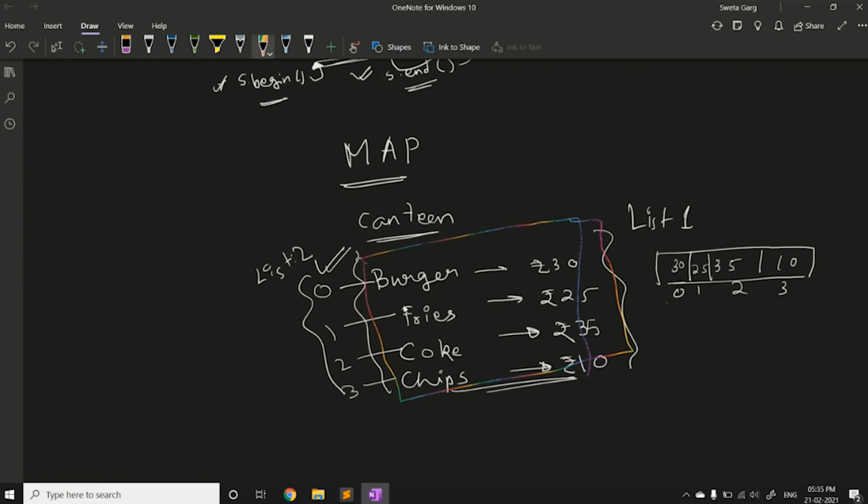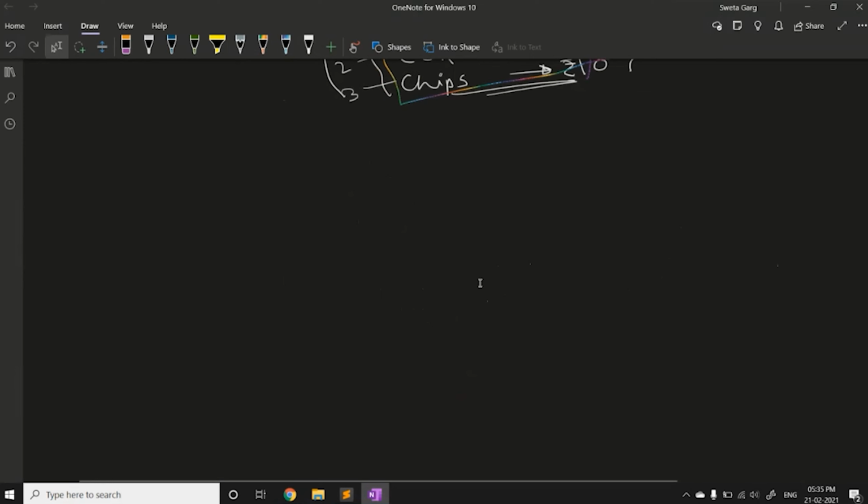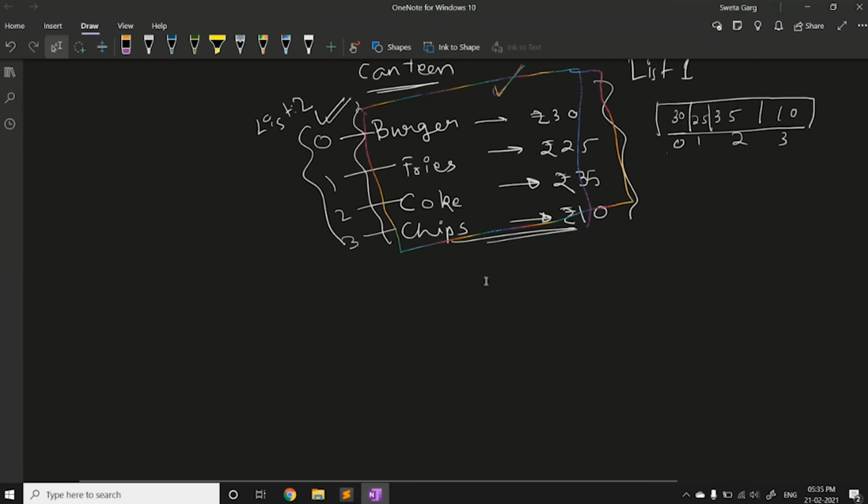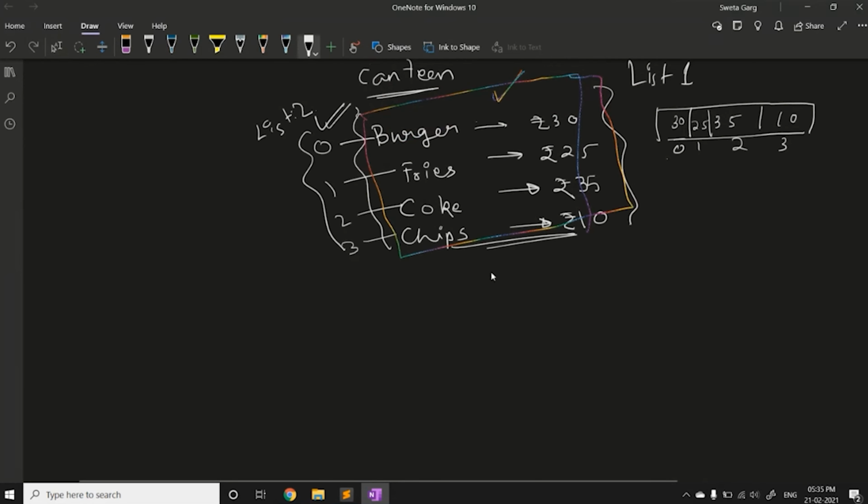Why give two lists? Why not just give this particular list? So this exactly is the set data structure. This exactly is the map data structure. The map data structure is actually mapping these values with these values. And what are these values called? These are called keys, and each key is mapped to a value. Each key has a value,